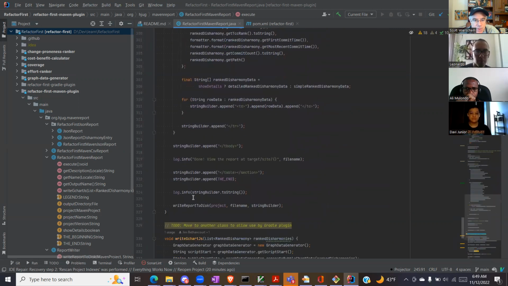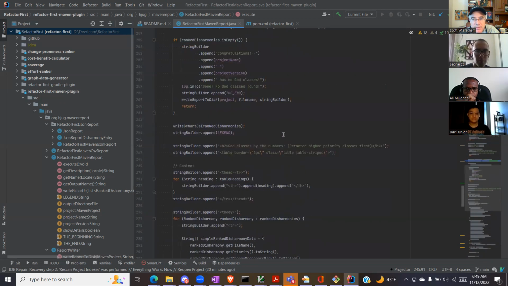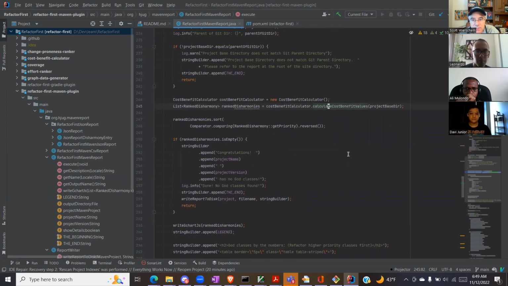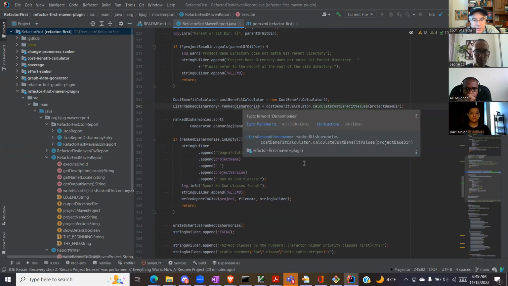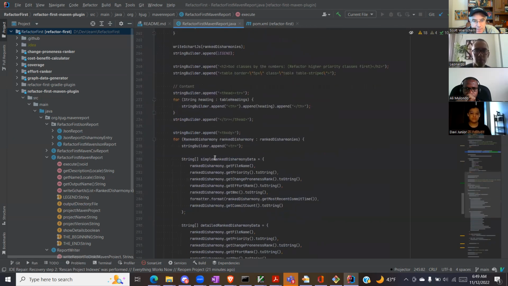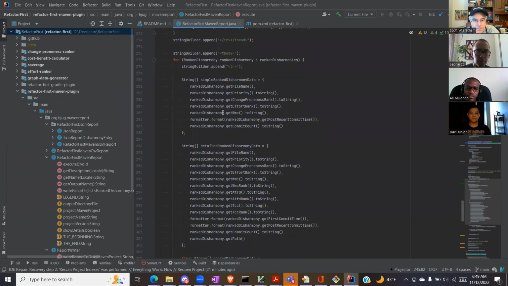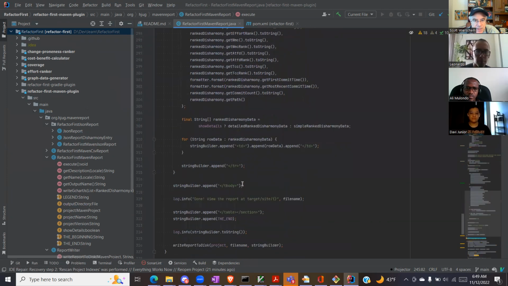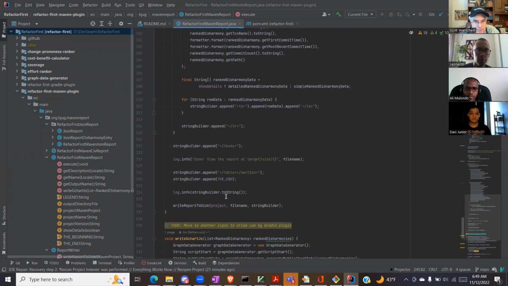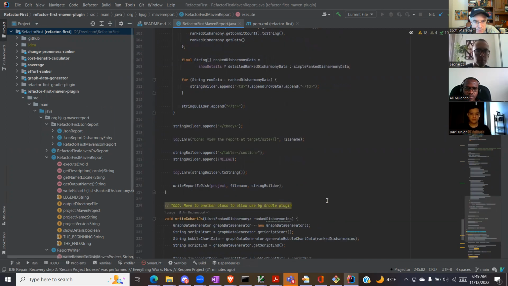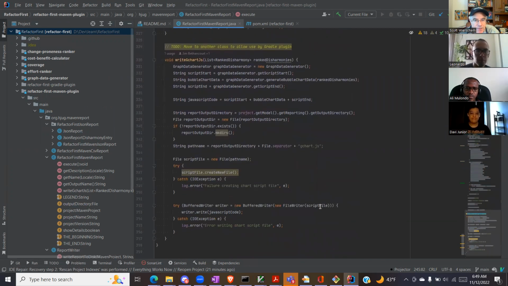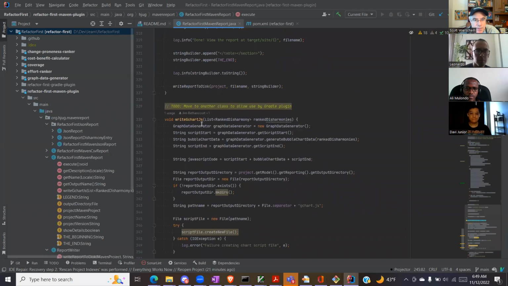So it looks like all the work is done in this function here, this calculate benefit values. It gets us the ranked disharmonies. And all this stuff, it goes in and dumps all the contents of that object into the report. Done, view the report, and then it spits out the log, and then it writes it to disk. Okay. And then write gchart.js. So that evidently formats